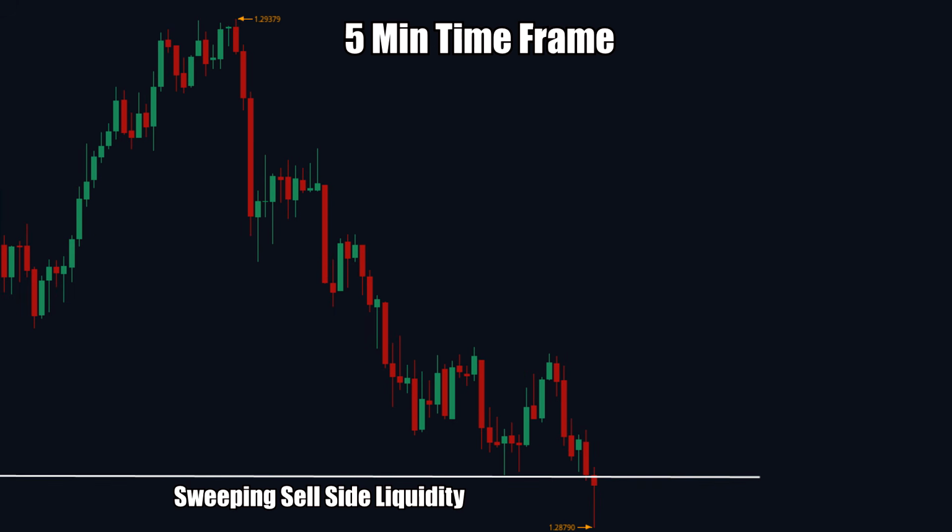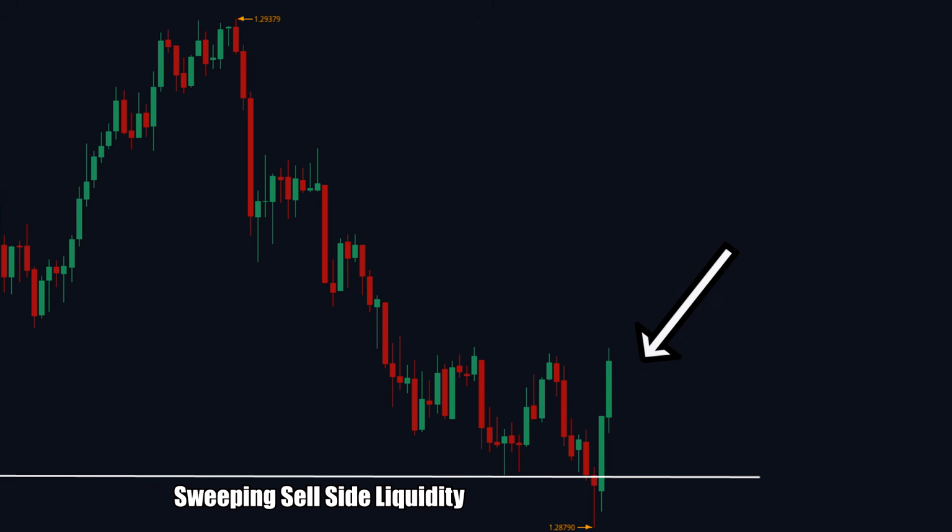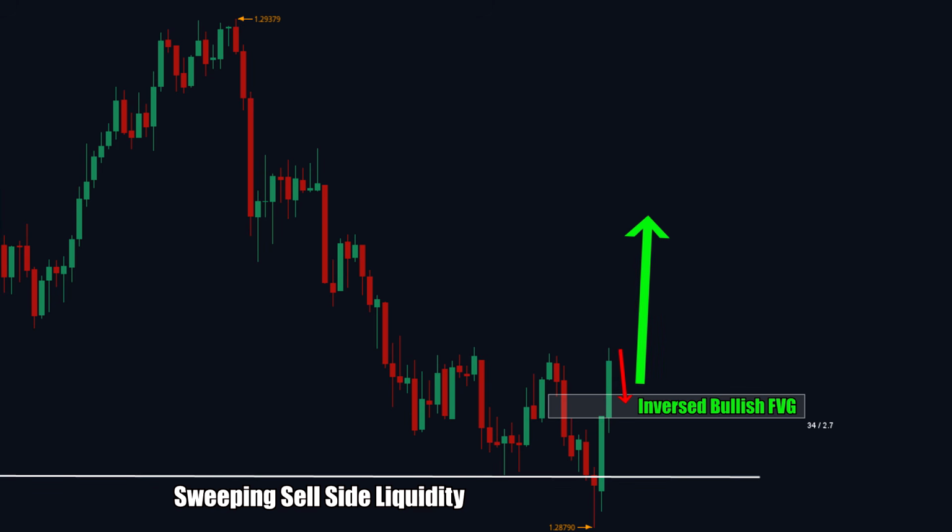On the 5-minute chart, we can see that after clearing the sell-side liquidity, price re-enters the range of the previous major low and closes above this bearish fair value gap. This action transforms the gap into an inversed bullish fair value gap. Now, we can anticipate that price will retrace into this bullish inversed fair value gap zone before moving toward the